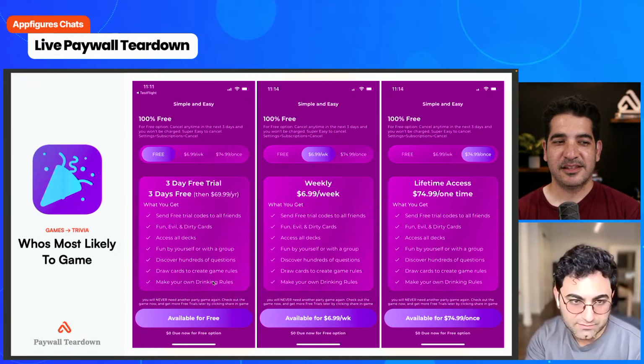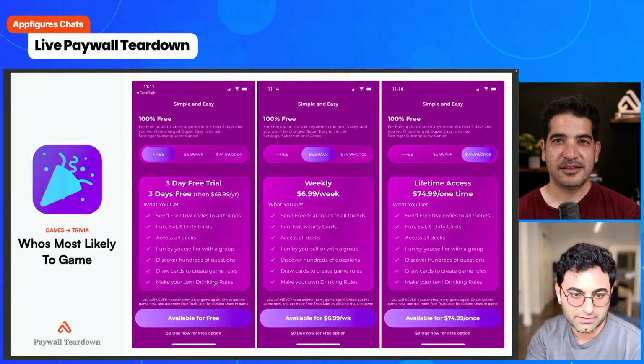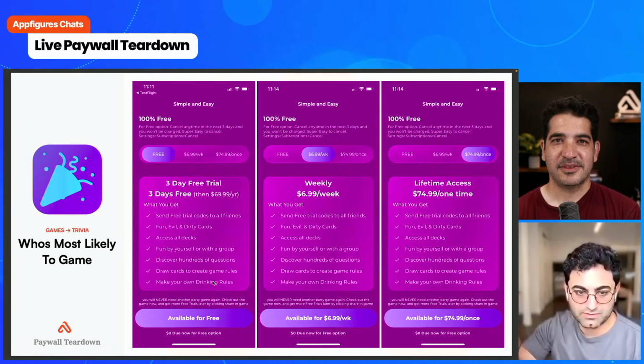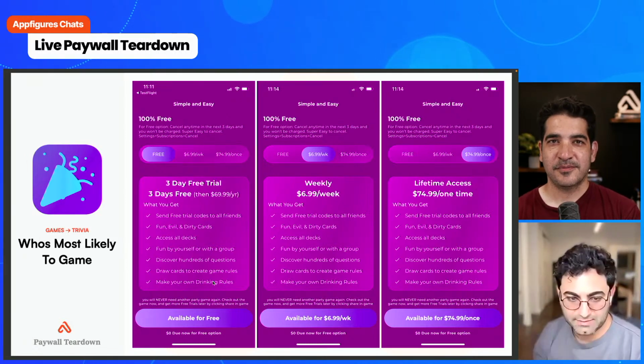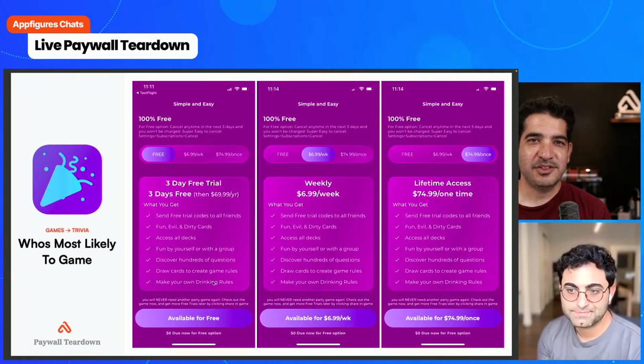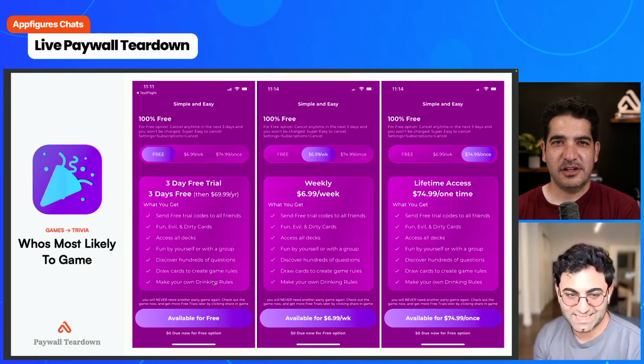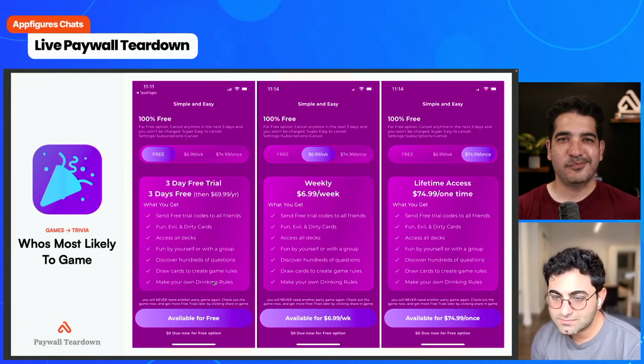And the 100% free option, cancel anytime in the next 3 days, I'd put that under the features. So I would go features, 100% free with text, and then more options, and then the CTA. Yeah. I would also thin down the feature list a little bit, maybe combine to give it a little bit more oomph. If you have so many features, then it's just too many things.